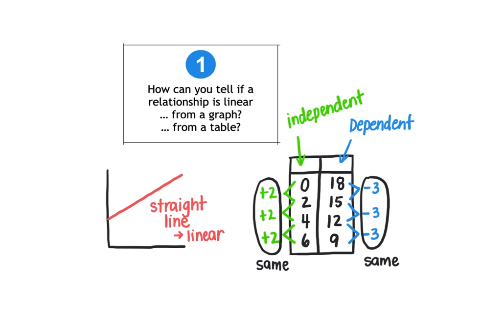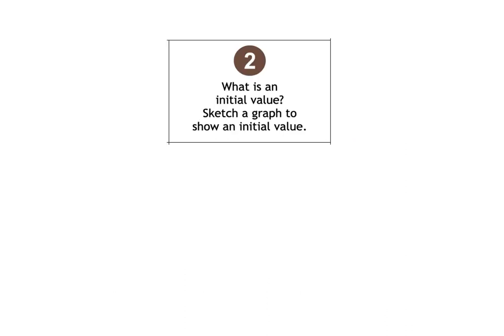it's a linear relationship. Remember that when we calculate the changes on the right side of the table or on the dependent side of the table, we find the rise. And when we calculate the change in the numbers on the left-hand side of our table, we're calculating the independent change or the run. This question asks us what an initial value is and asks us to draw a sketch